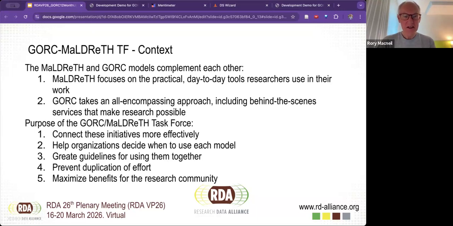It's awesome. So first of all, maybe just let me say who's been involved in this task force. This has been a very active task force, in some ways even more active than the Maldrith group itself. CG and I have been involved, and so have Chris, and then Maria Pretzelis and Natalie Williams, who are also co-chairs of the Maldrith group. But I think it's fair to say that Chris and Natalie are the ones who've really driven this task force. So first of all, a big shout out to both of them.